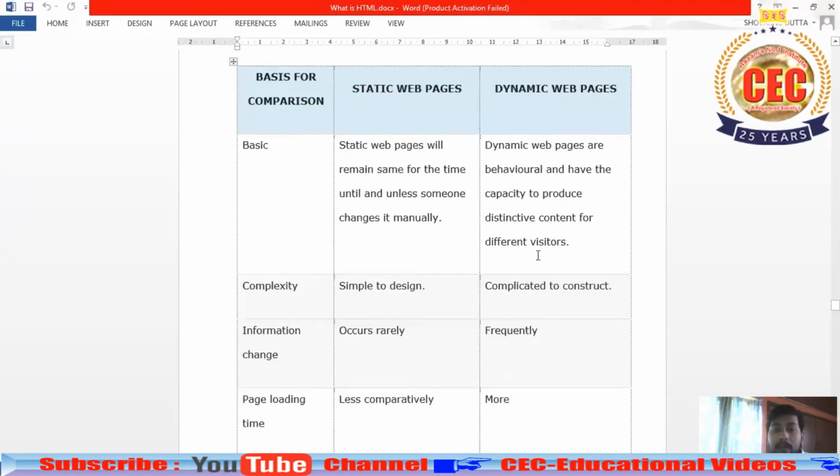But if you want to make it more dynamic, meaning you want visitors to come and stick to your website, then the concept of dynamic web page comes into effect. All these Facebook, Twitter, the contents are generated rapidly, in real time. So these are all examples of dynamic web pages.